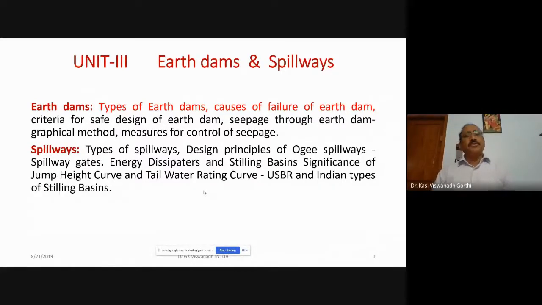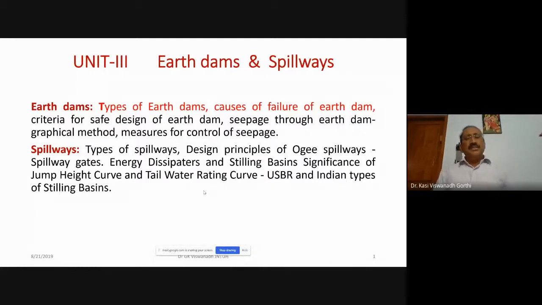Gravity dams we have already seen. In the gravity dams, the material used for construction is one criterion, like it may be a masonry gravity dam or it may be a concrete gravity dam. For both cases, the principle involved in the gravity dam is that the self-weight is the main resisting force, which has to resist all the forces coming on the dam. That is about the gravity dam.